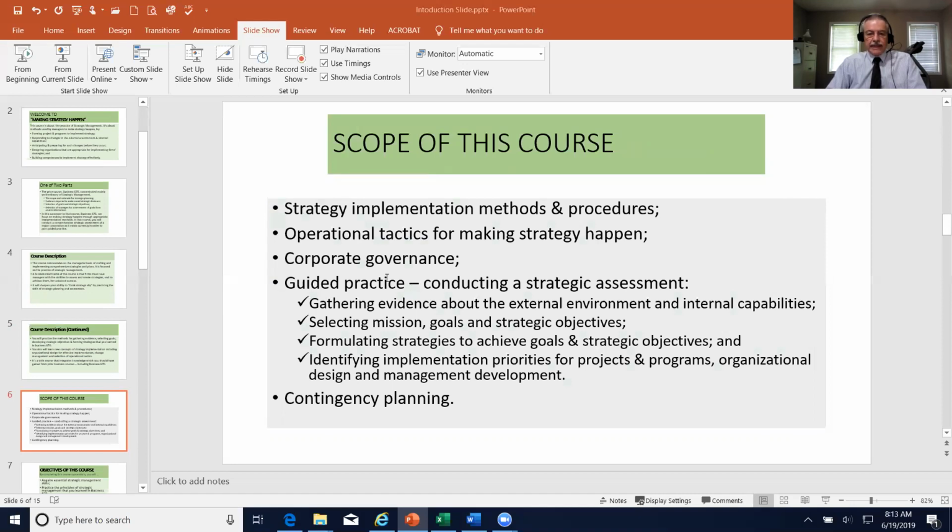We can see here you'll be gathering evidence about the external environment that pushes in on our business, and what some of the internal capabilities of that particular corporation are. Looking at their mission, goals, and strategic objectives, you'll formulate some strategies based on your knowledge and what you've learned to this point throughout your entire MBA program, and identify some implementation priorities for that particular organization. And again,